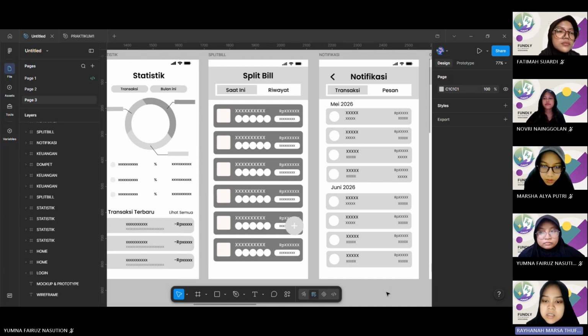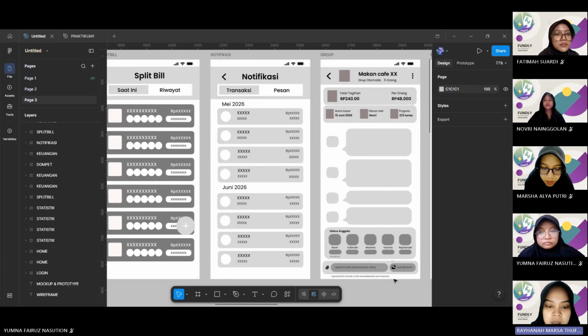Users can also create a new bill, making group expense management more organized and convenient. Next, the notification page contains reminders, transaction updates, and other important notifications. Notifications are organized by time, making them easier to read and manage.